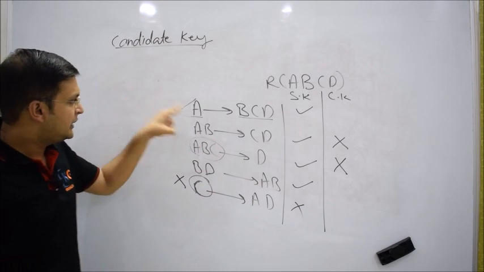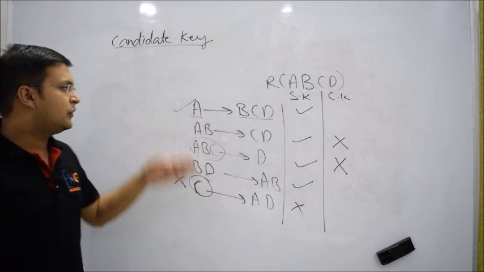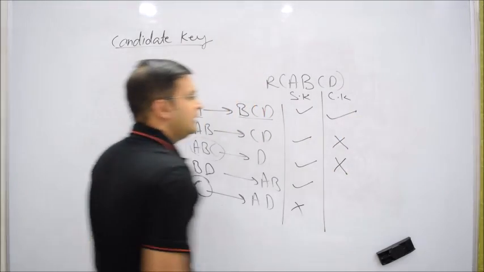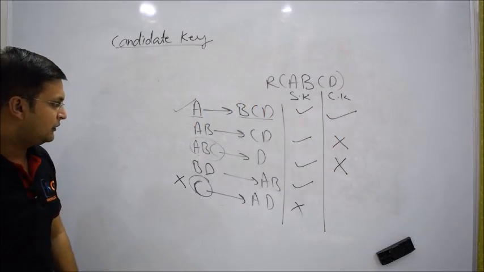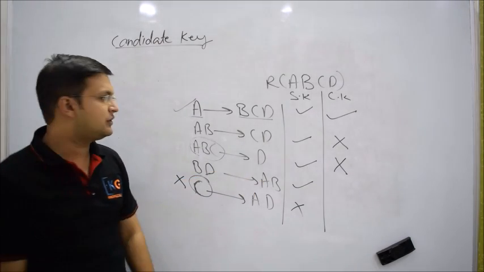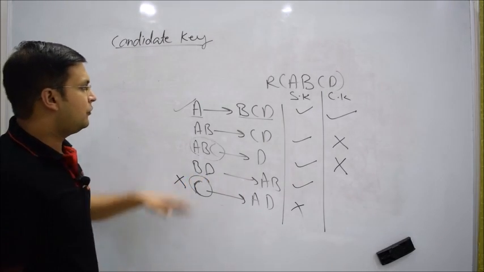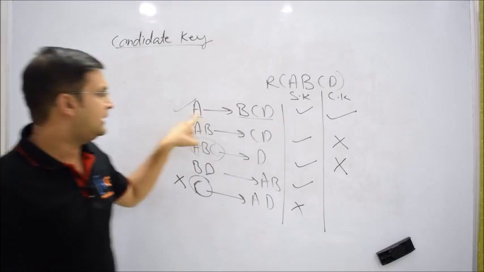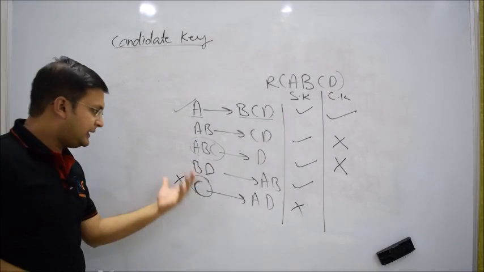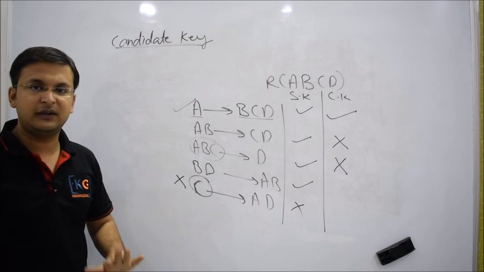Very good. Now see, is A a candidate key? Certainly it is. Why? Because it is only one attribute. So if from A you can find B, C, D, there is no proper subset. So again it qualifies itself to become a candidate key. Now let me ask you, is BD a candidate key? Now that is very logical. You might be thinking, if we have proved that A is a candidate key with only one attribute, then how is it possible that some other super key can become a candidate key with more than one attribute? But understand that is possible.